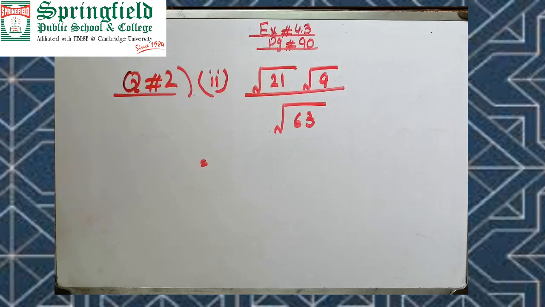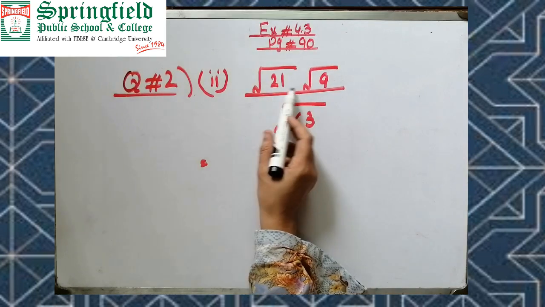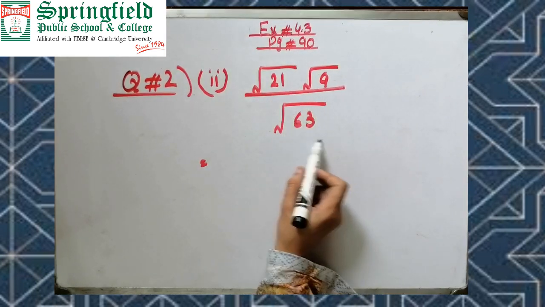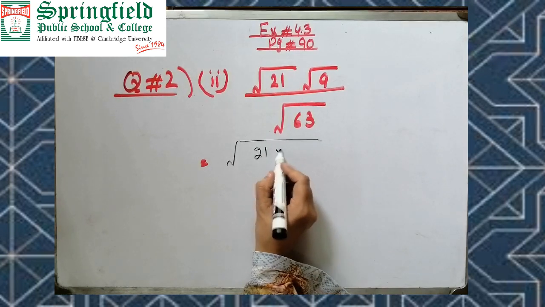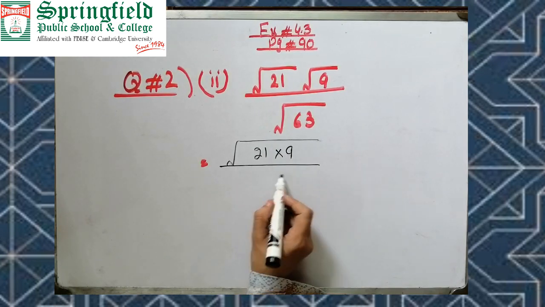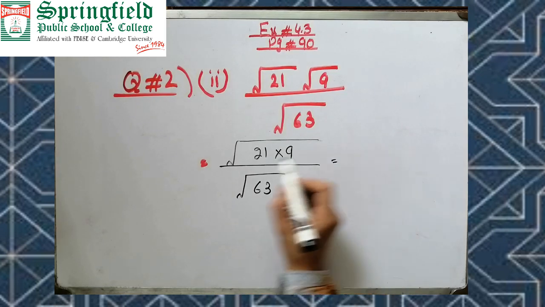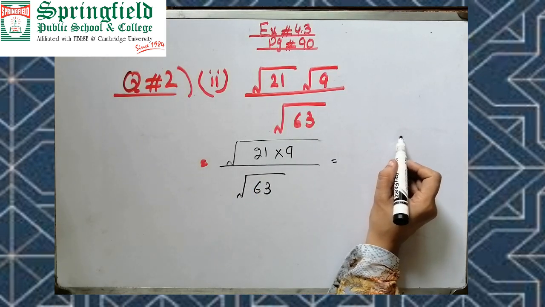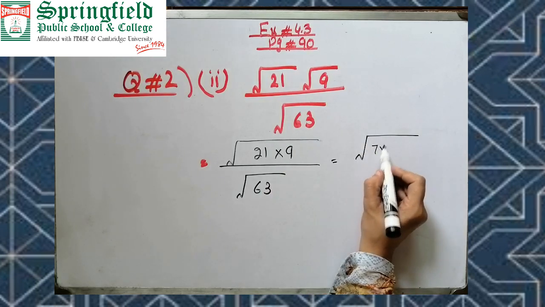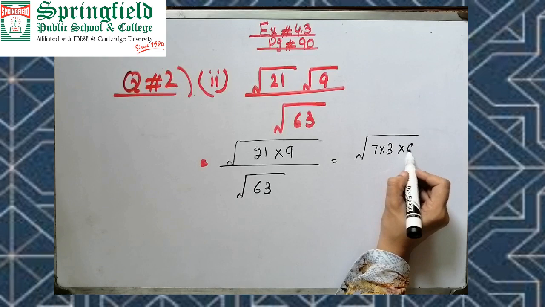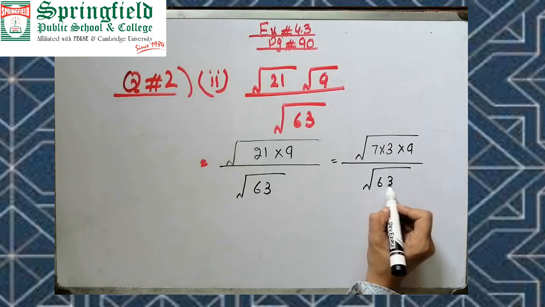Okay, according to the property, the under roots are the same. It means we can write the value in just one under root, divided by 63. And then 21 can be written as 7 multiply 3, and 63,